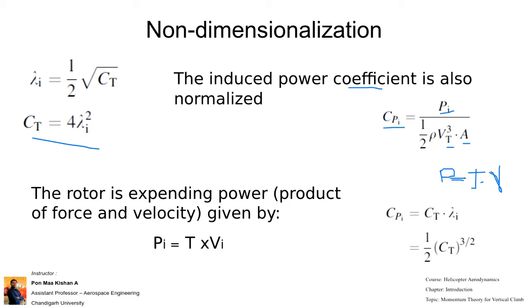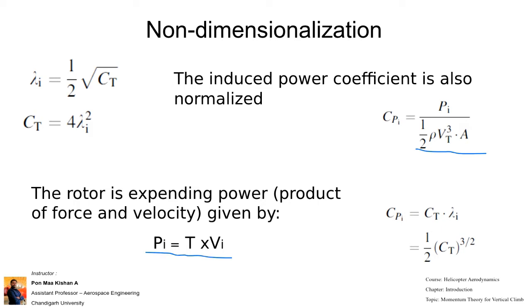So here our velocity is taken with respect to the tip speed, that's why Vt. Thrust is given by half rho V squared times area. So when we substitute, it will be coming as V_T squared. The power here, for normalization, is given with respect to half rho V_T cubed into area. So that's why the same is indicated here.